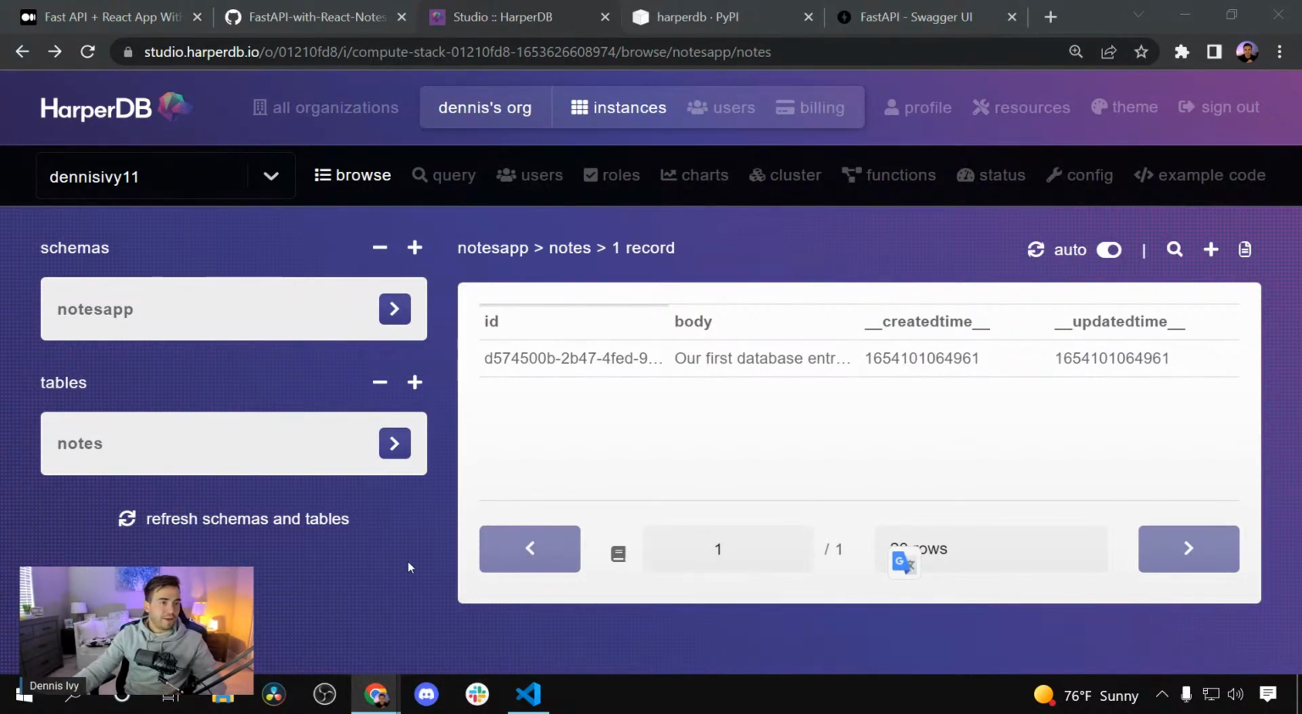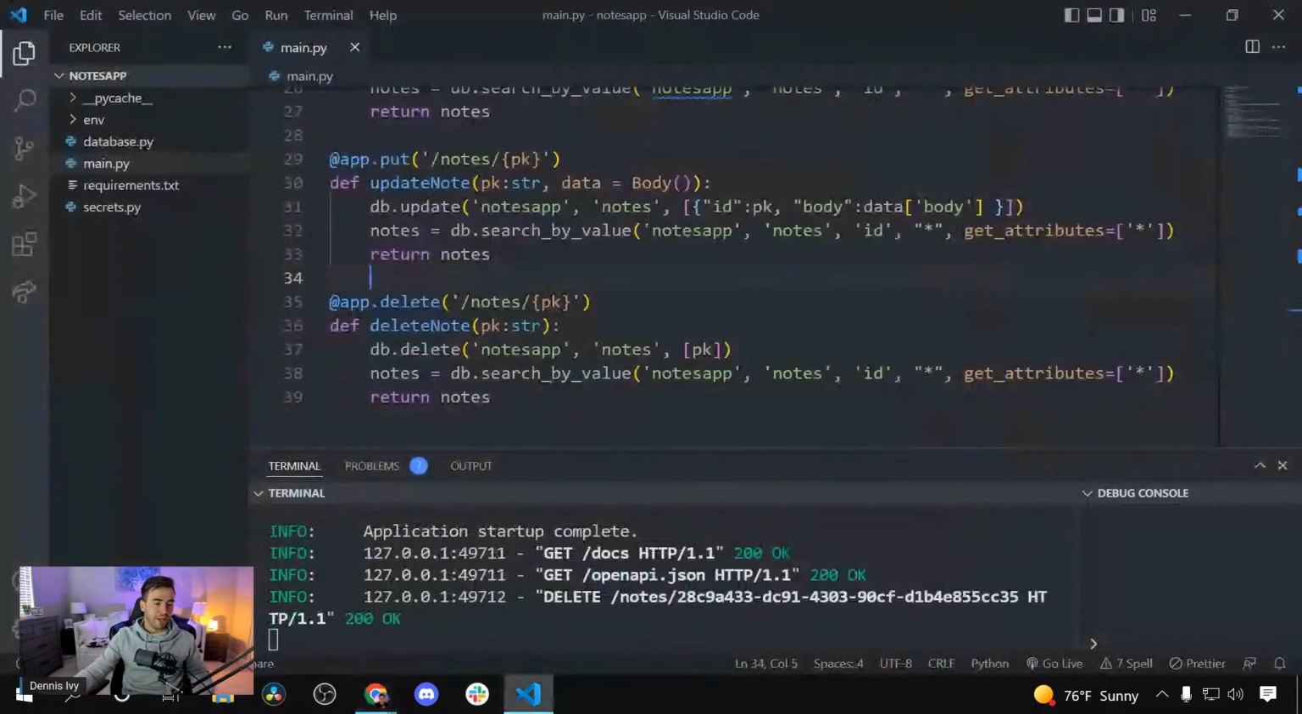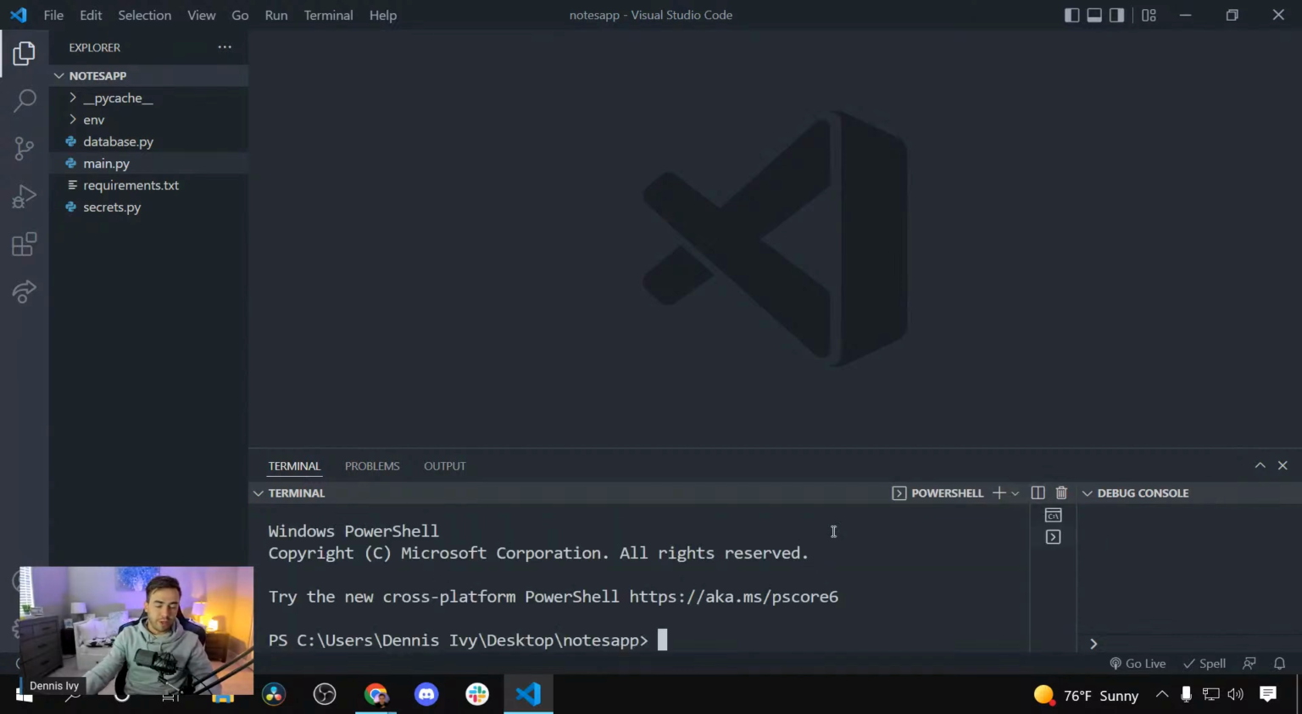All right. So we're done with our API. Now it's time to move on to the React front end. We're going to create these as two separate applications, and then we're going to connect them. So let's move on to the next step here. At this point, I'm going to keep my React application in the same folder. How you want to set this up is completely up to you. But what I'm going to do here is open up a new terminal, and from the Notes app, call npx